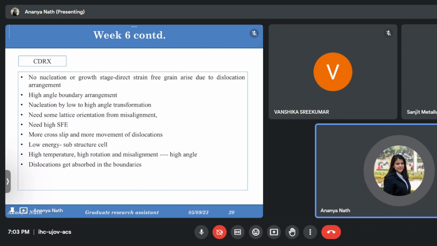Dislocations get absorbed in the boundaries. As I said, for low angle configuration, the dislocations get absorbed in the boundaries. But as they have moved further and they have got more and more misalignment, so now they have formed the high angle one. Finer grains, as dislocations are taking part in more and more